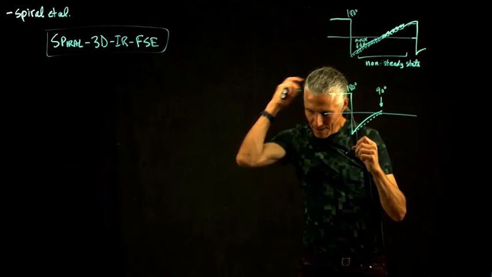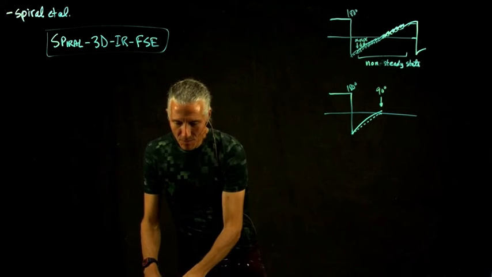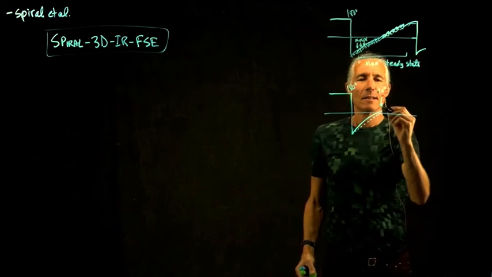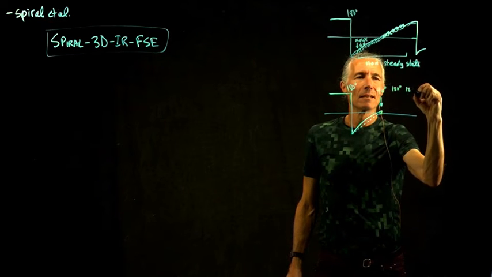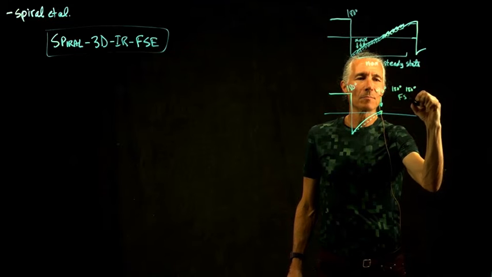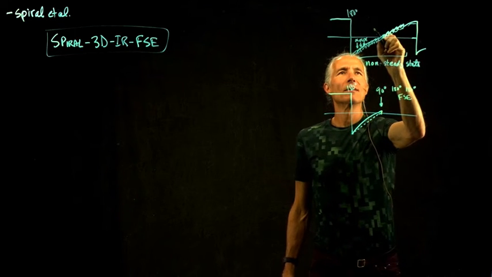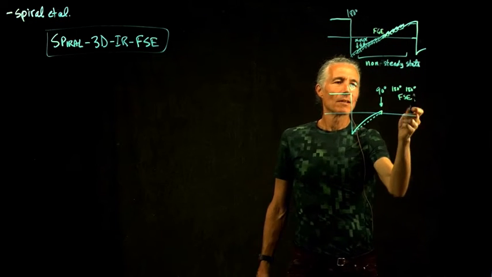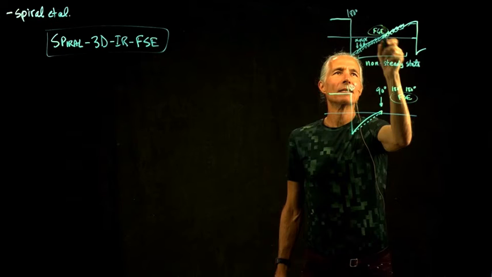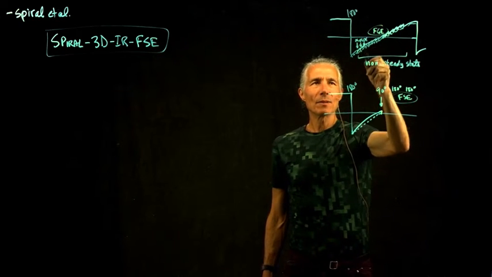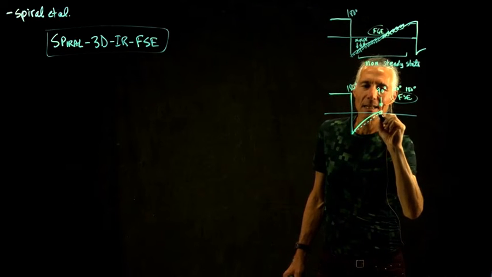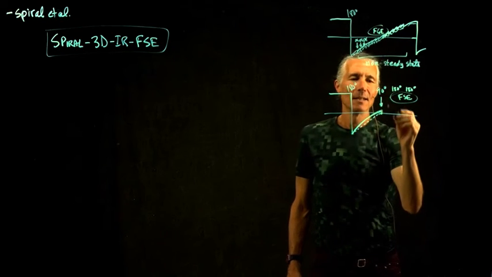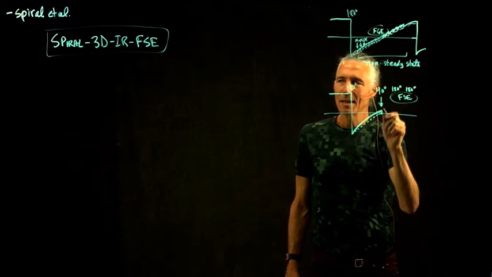So we do a 90, and then once we've got the 90, now we do a bunch of 180s in order to do fast spin echo. This guy was fast gradient echo. So here we do a bunch of 180s. This was a 180 and then a whole bunch of alphas. This is a 180. Wait until we're right exactly at the highest contrast, then do a 90, and now we've